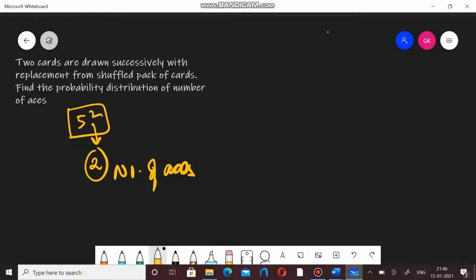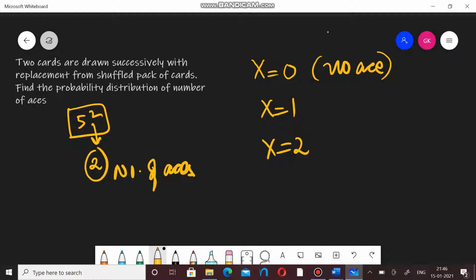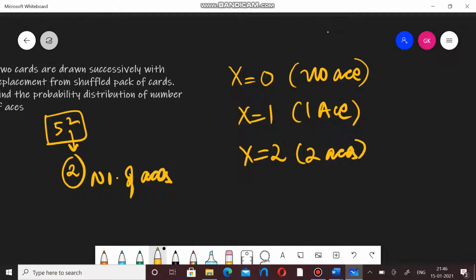Now tell me the possibilities. You can have the number as 0. You can have the number as 1. You can have the number as 2. What does that mean? 0 means you're taking out two cards, but none of them is ace. So it means no ace. X equals 1 means it is one ace. X equals 2 means it is two aces. In detail, no aces, because two cards are drawn over here,